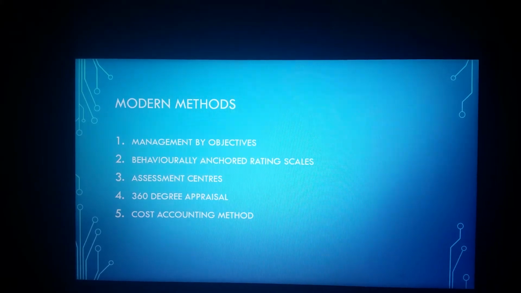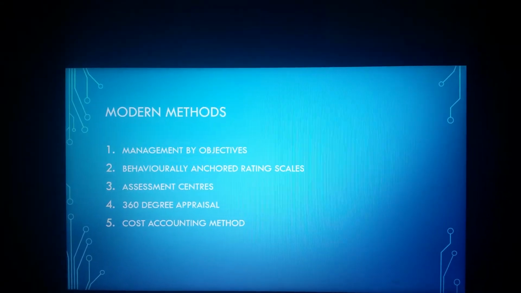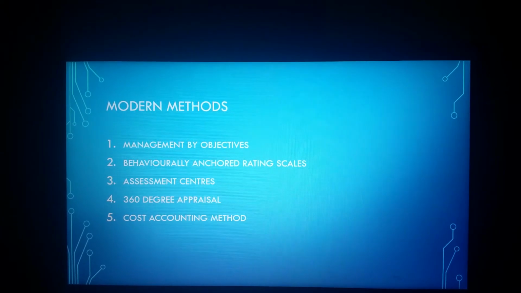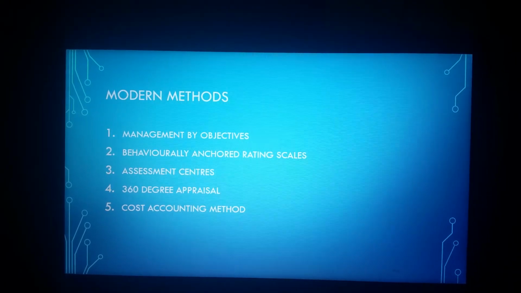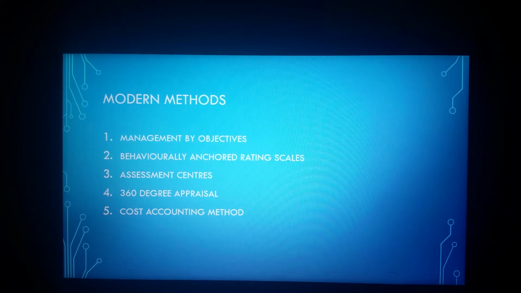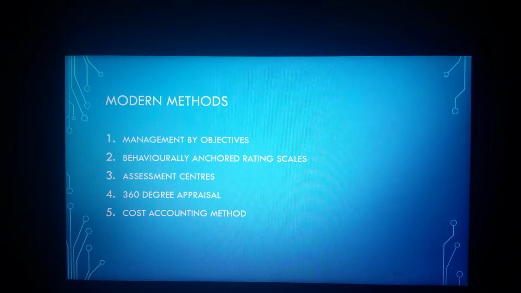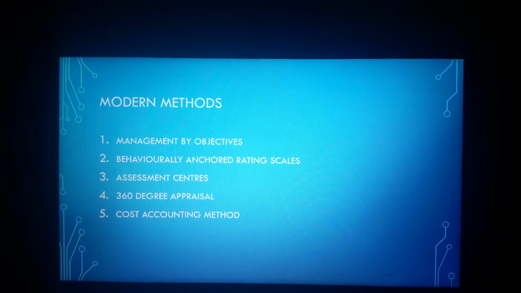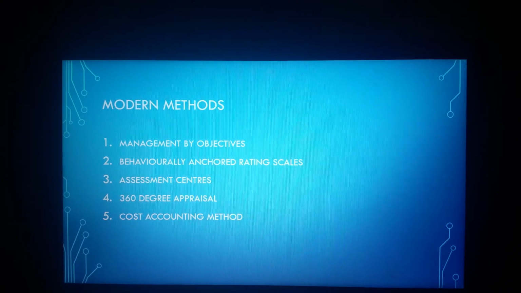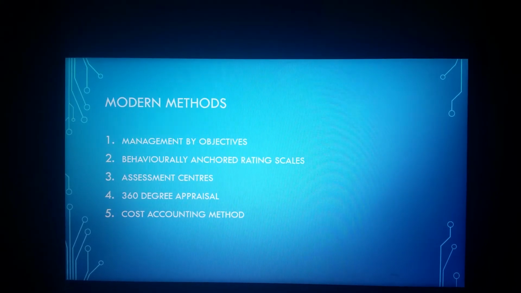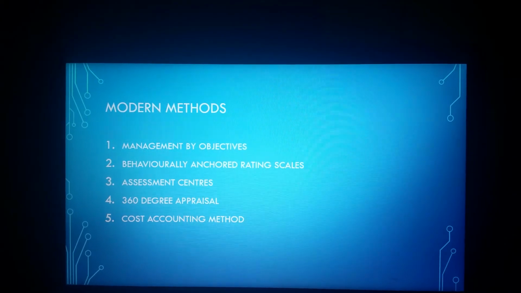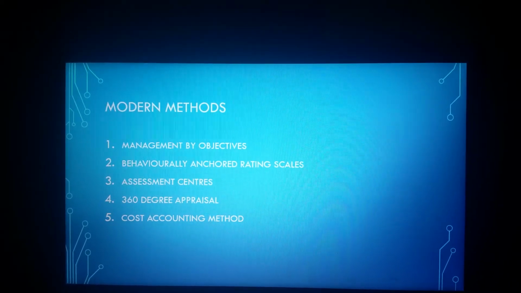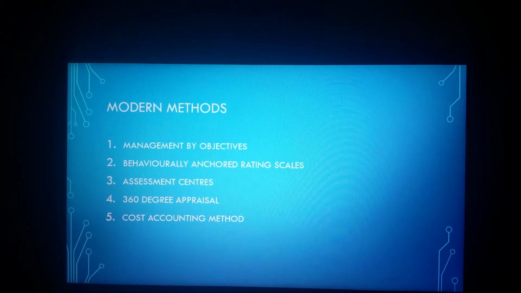Okay, so the next method of performance appraisal is the assessment centers. This method was first used way back in the 1930s in Germany, to assess the performance of, or to appraise, army officers. However, this concept gradually spread to other countries like the US and UK in the 1940s and to Britain in the 1960s. In India, the assessment centers method is used by companies like Hindustan Lever and Crompton Greaves, and these methods are basically used for evaluating executive or supervisory potential.